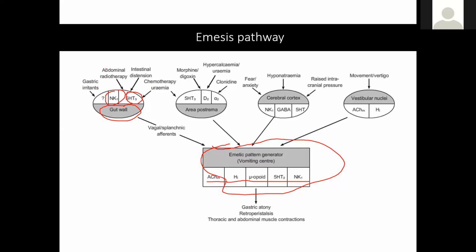For example, a patient is having chemotherapy. Okay, that is a very familiar picture for most of us. So chemotherapy, where does it act? It acts at the 5-HT3. Where are the 5-HT3 here? You can see 5-HT3 is there in the gut wall. 5-HT3 is there in the CTZ also. So you have to give a drug which blocks the 5-HT3 receptors in the gut wall and in the CTZ. See, when you remember this picture, it would be much easier for us to deal with the symptom.